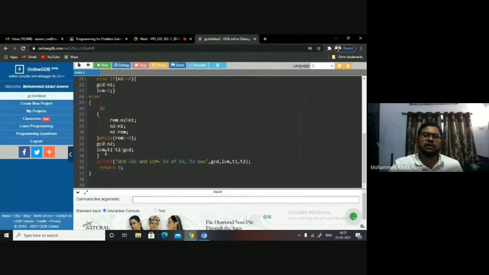When remainder is 0, the result is available in n2 that you are taking as GCD, and now you are calculating LCM. The formula we are using here to calculate the LCM comes from an axiom. What is the axiom? Product of two numbers is equal to the product of its LCM and GCD. Hence, LCM equal to the product of two numbers by GCD. So that you have done it, and then you are printing the values of the same.